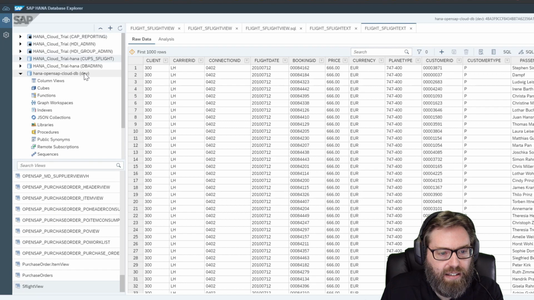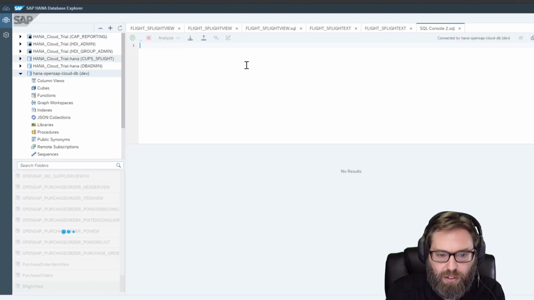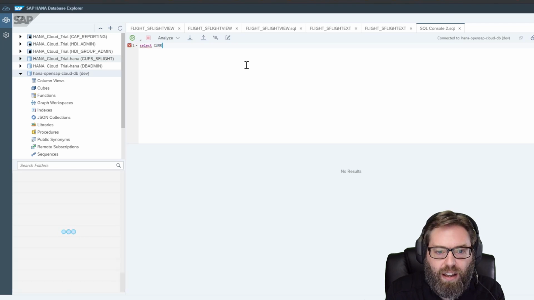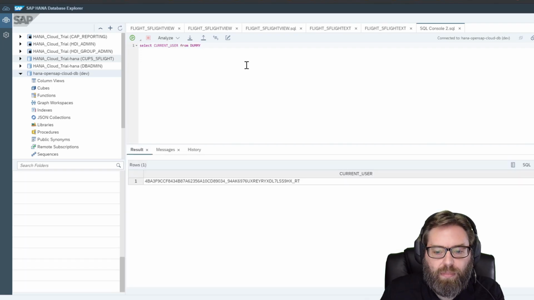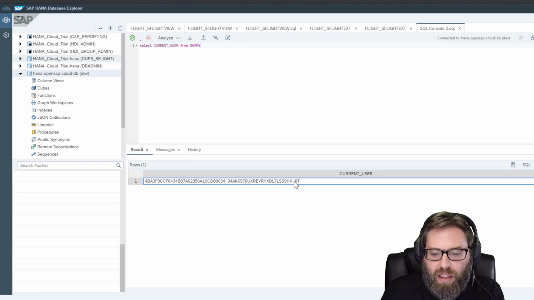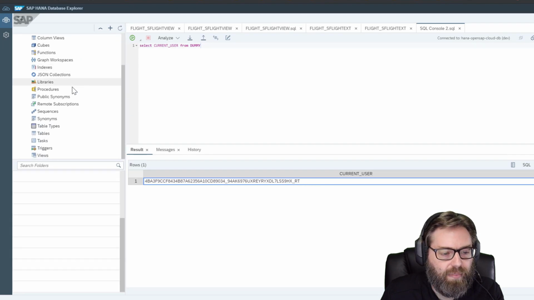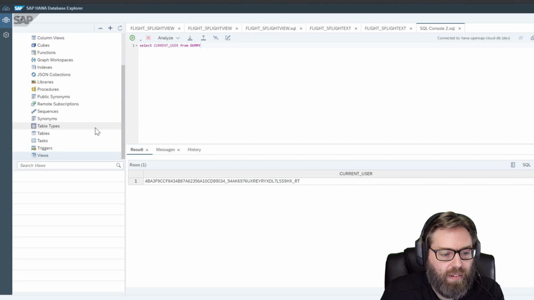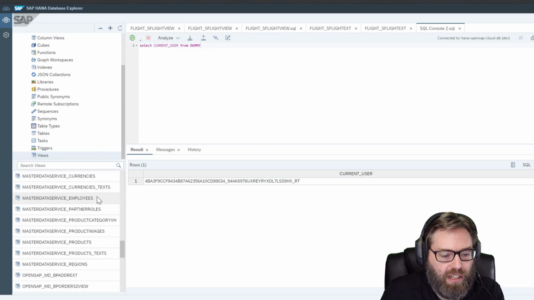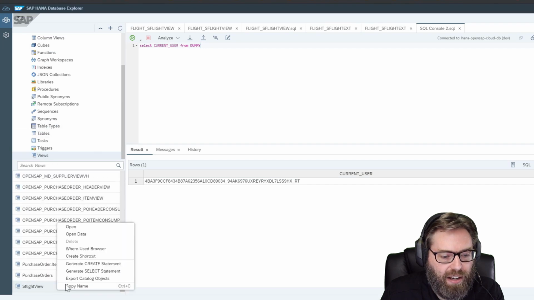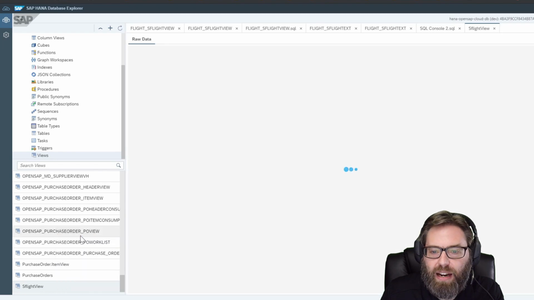So now connected in the Database Explorer to the HDI container, we're of course connected as the container technical user. If you don't believe me, I'll do select current user from dummy. There, see, that's the user we're connected with, the _RT user. But now, if I go to this view that was giving us insufficient privilege, now when I select from it, do an open data,